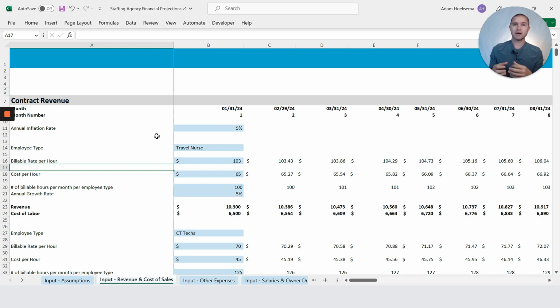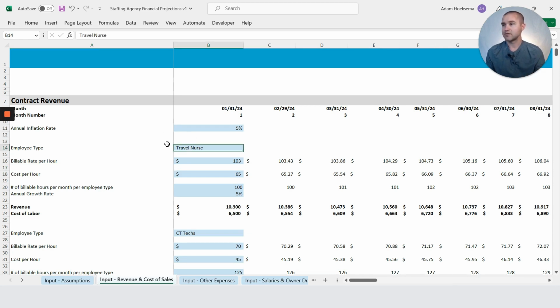So this situation is what we would consider contract revenue. You're employing the nurses, or whatever the employees are, and placing them on different contracts. And so we have the ability to put in the employee type. So we're going to stick with this